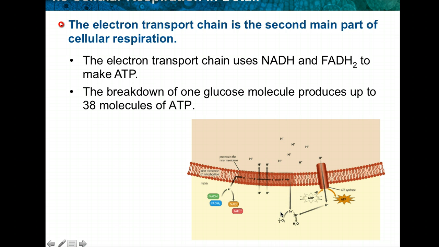These ions are then rushed back across the membrane, producing enough force to spin this beautiful ATP synthase and generate enormous amounts of ATP. On average, each pair of high energy electrons that moves down the electron transport chain provides enough energy to produce 3 molecules of ATP. So basically,